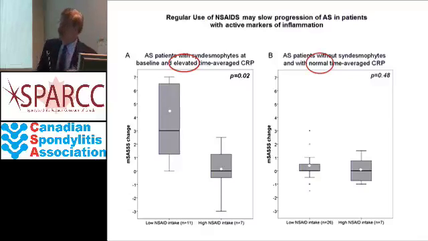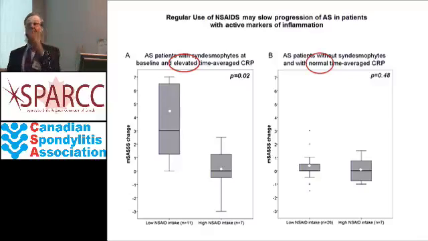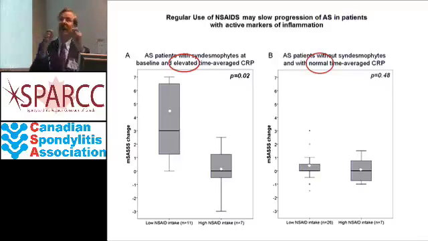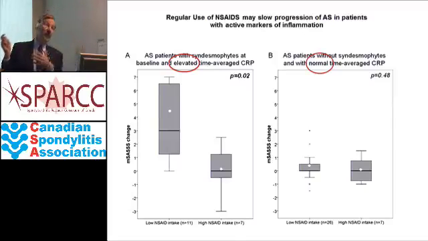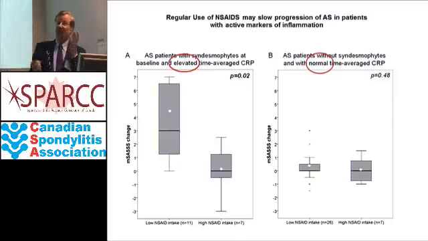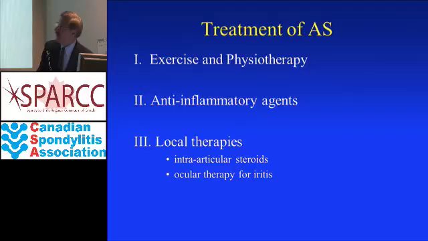It actually seems to delay the progression of the disease versus patients that don't. It's an important question, and a common question we deal with in the clinic, because if this is actually true, then it's not just symptomatic control. Maybe we really should be targeting a regular tolerable dose of NSAIDs. Notice, however, if the sedimentation rate or CRP is normal, we really don't see this effect.